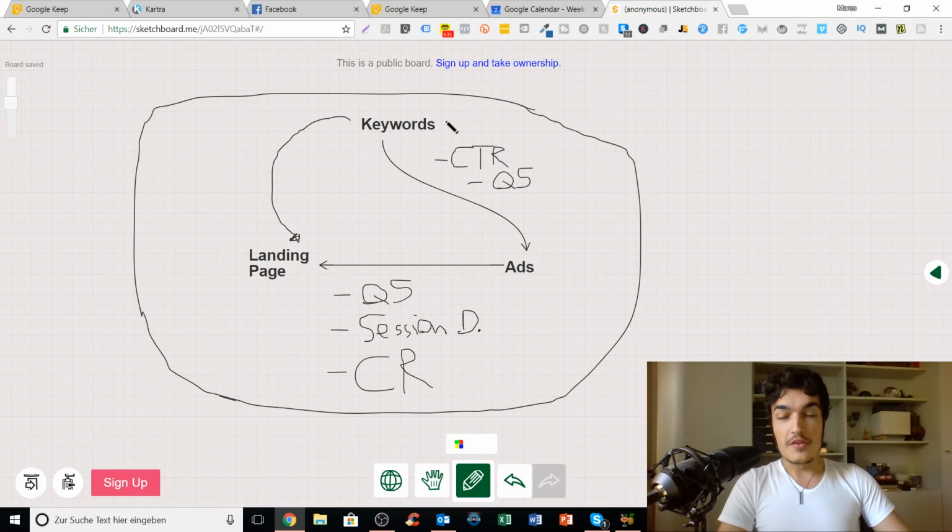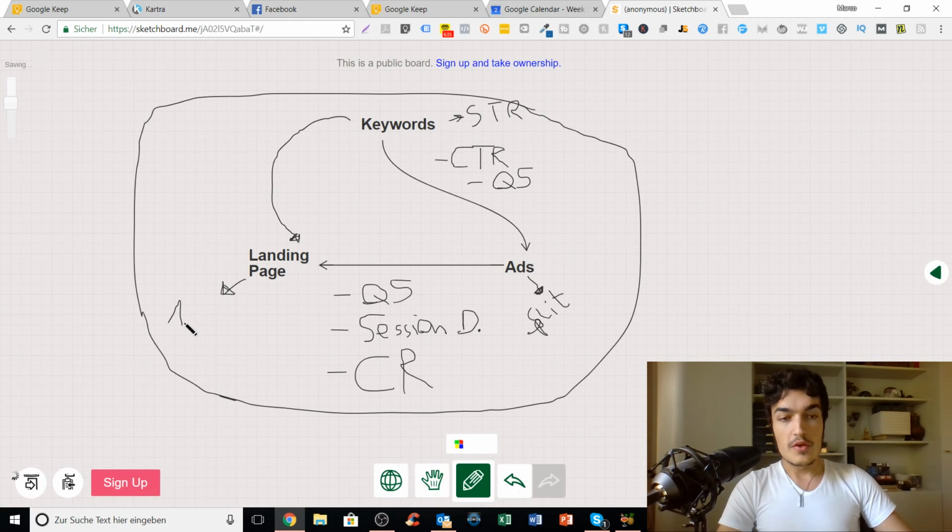And this means on the keyword side that you have to check out the search term report frequently. So you always have to look, what kind of keywords are people entering? Are these related to my ads? And in the next step, are these related to the products that I sell? On the ad side, you have to constantly check whether your ads are actually having a high click-through rate, whether people are engaging with these ads. So constantly checking, and also split testing your ads, checking your keywords with the search term report,